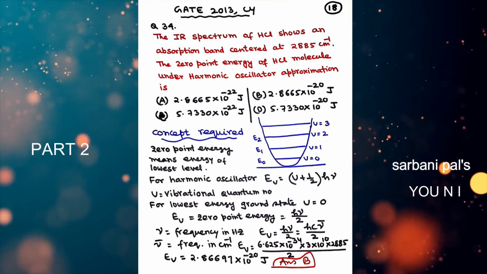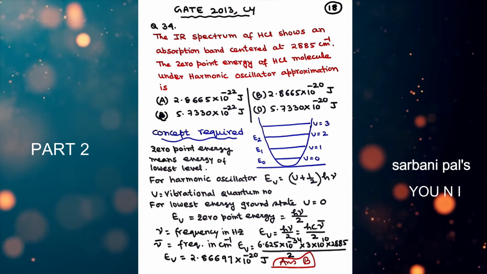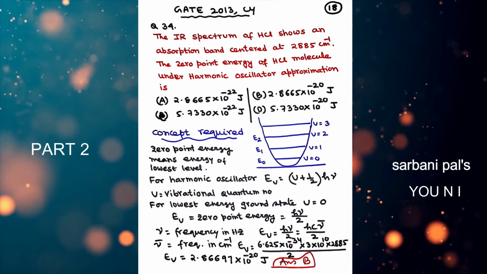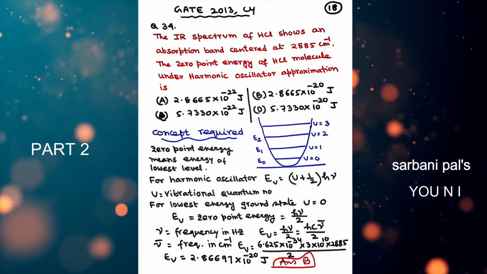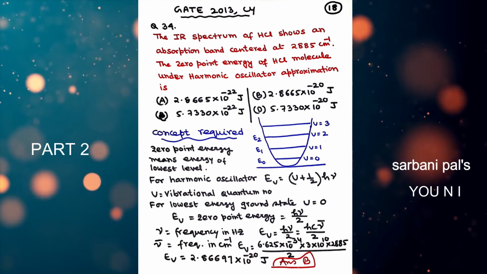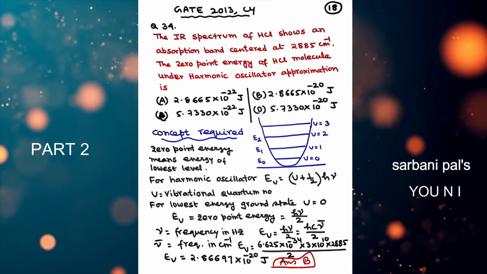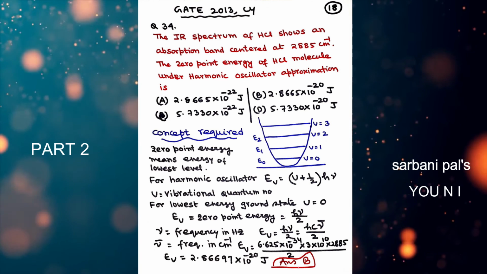Now in this question they are asking to calculate the zero-point energy, means the lowest energy level where the vibrational quantum number v is equal to 0. So if we put v is equal to 0, then the zero-point energy E naught is equal to h nu divided by 2,